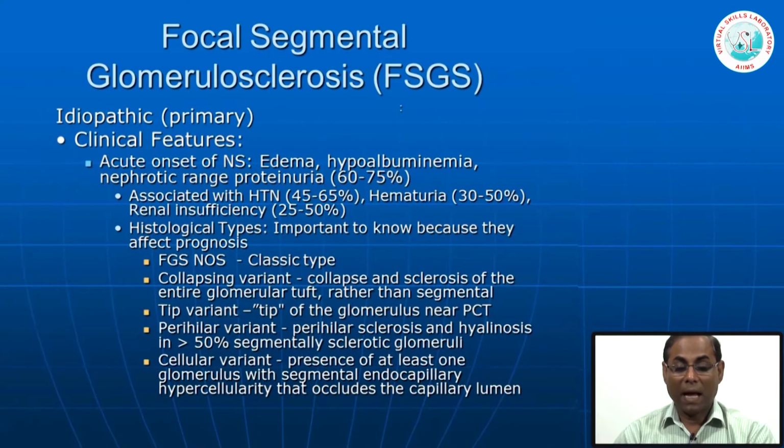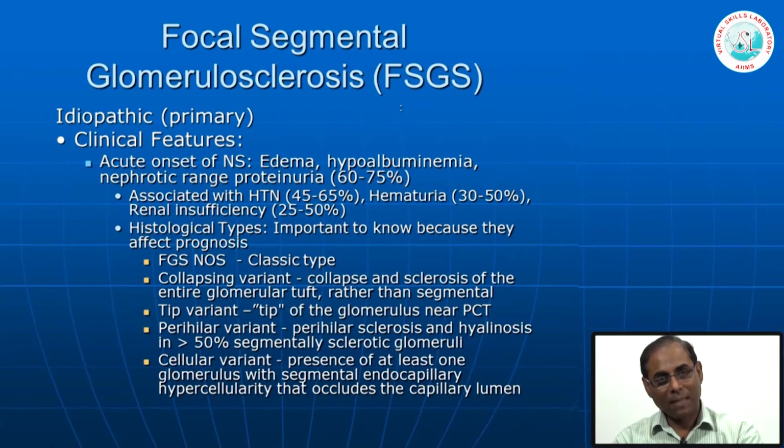Now, the histological type. If we get a biopsy of the cases of focal segmental glomerular sclerosis, histologically we can have the following types of variants. The classical focal segmental glomerular sclerosis will have one segment of the capillaries which shows sclerosis or fibrosis. I told you that each glomerulus has 6 to 11 capillary loops, and out of which if some of the capillary loops are undergoing sclerosis and others are still intact, then that is a segmental lesion,